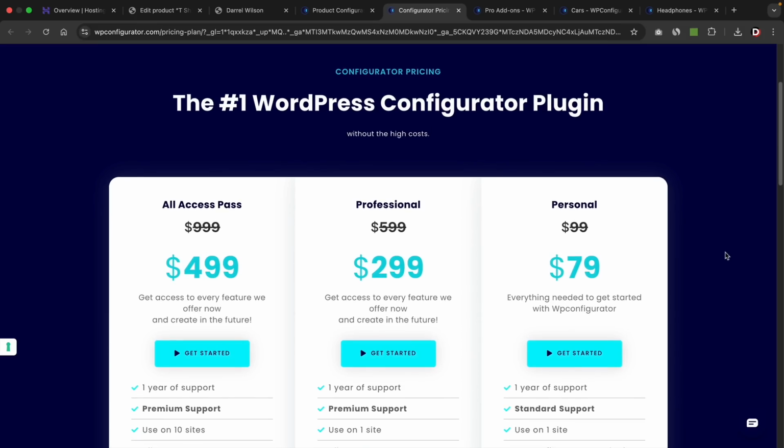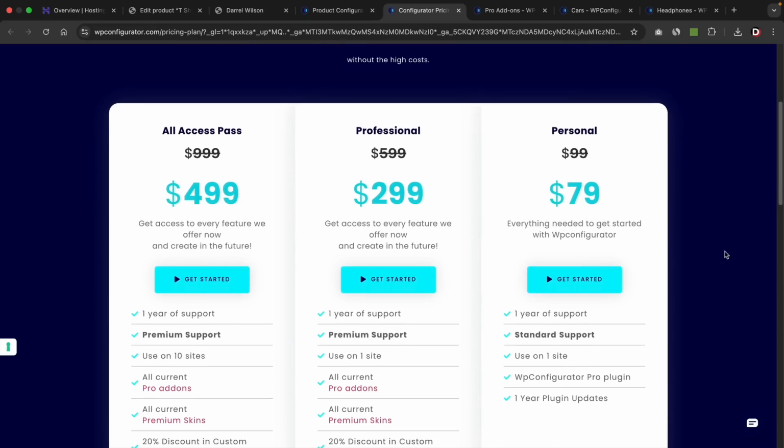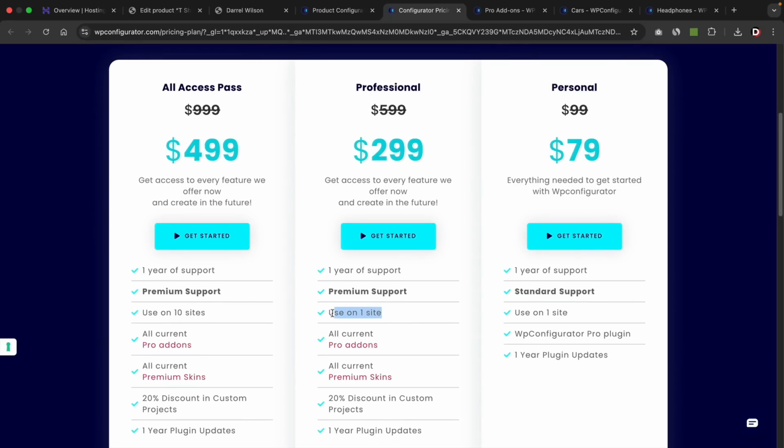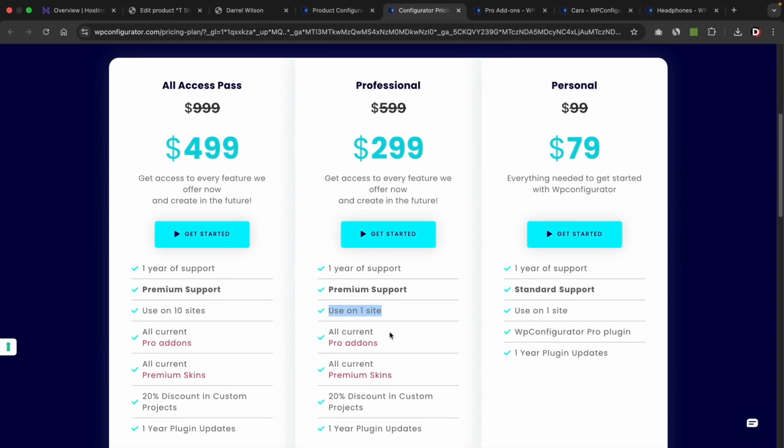Okay, so this is the pricing options for this plugin. So we have 3 different pricing options, right? We have the personal, professional, and the all access. Now the personal plan will give you access to the entire Pro plugin and all of its features, and you can use it on one website. The professional will give you access to the plugin to use on one website, and it'll give you all of